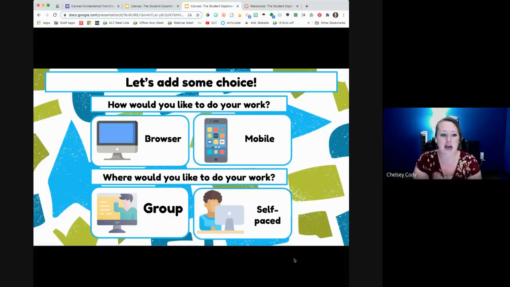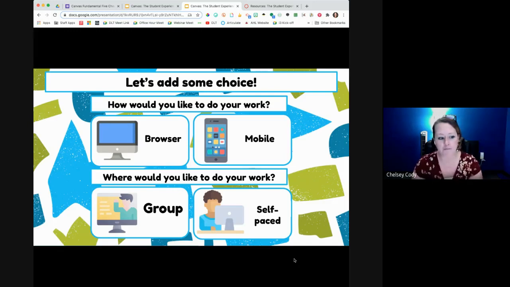And then you're going to choose, how do I want to do my work? Like I said, if you've never experienced Canvas as a student on a mobile device, you can download the Student Canvas app on your phone, and once you enroll, sign in with your credentials, and it will bring you in as a student. I highly, highly recommend, if you have not done that before, try to do some of this work on your mobile device. You will see the difference in what we are asking our students to do from Canvas. Or you can continue in your browser